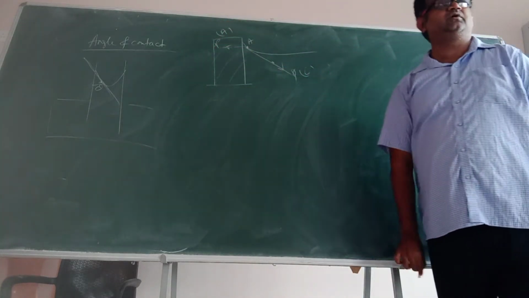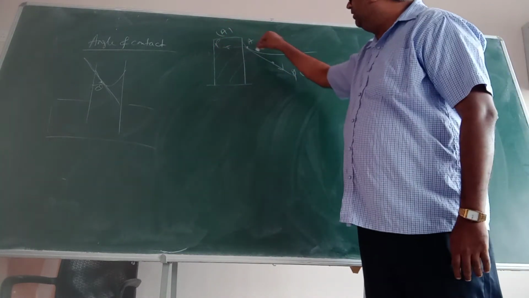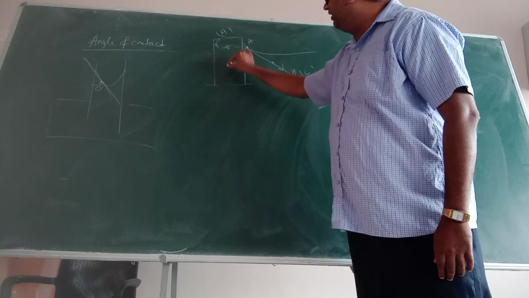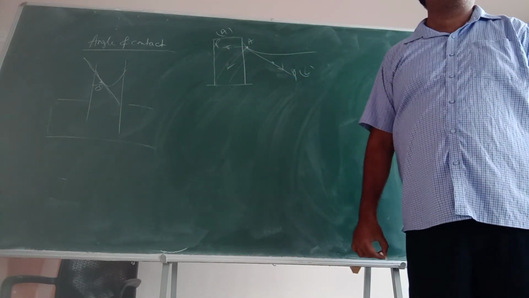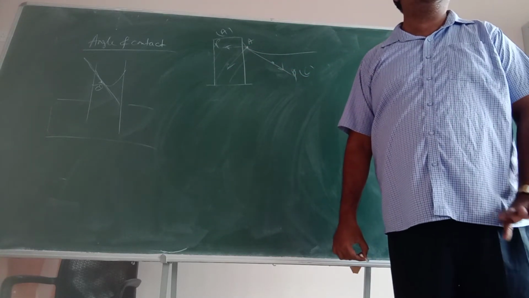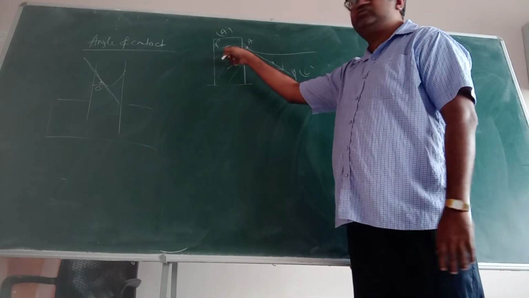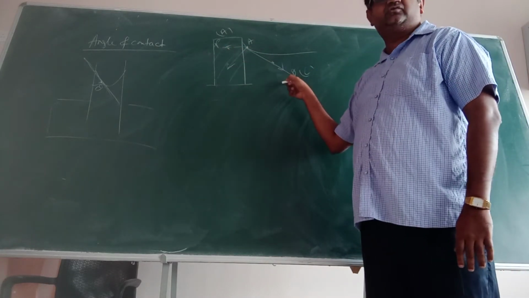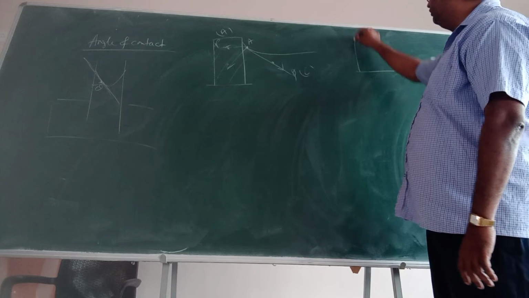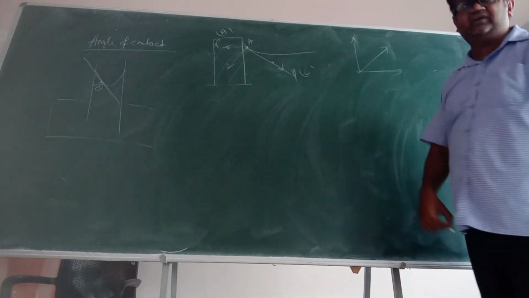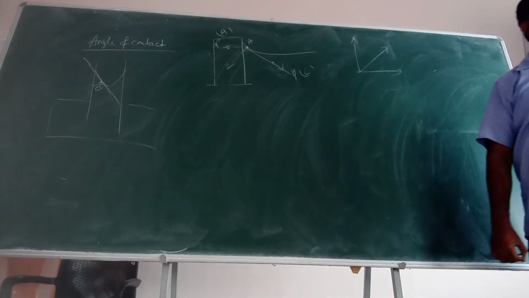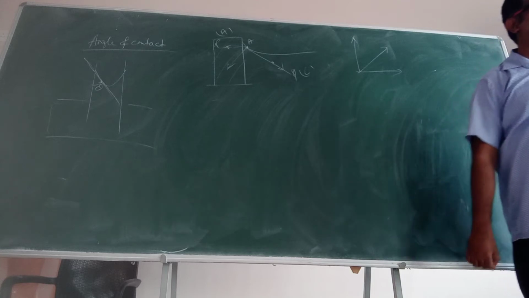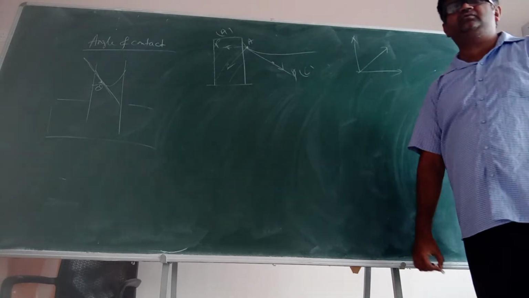Clear? So if I take a resultant of these two, the resultant will be more in this direction. Right? Clear? This is adhesive force. This is a cohesive force. You have a force like this, you have a force like this, you will have a resultant like this. You know how to calculate that resultant? Parallelogram law. Parallelogram law you have studied now.